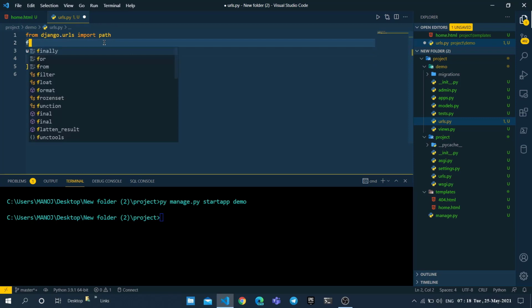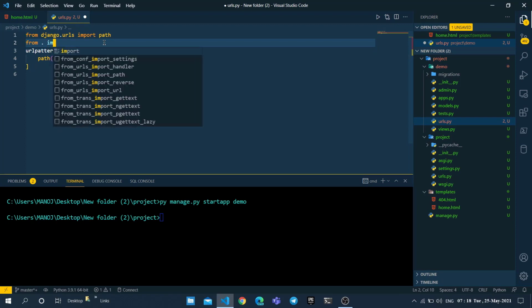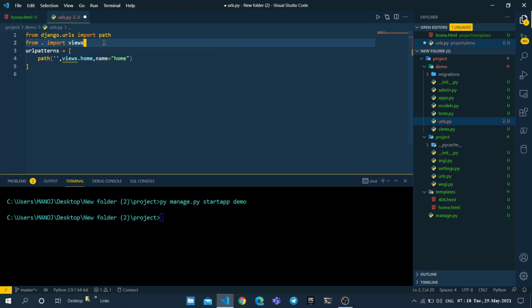We are getting a warning for views because we haven't imported that. To resolve it, just import like this: from . import views.